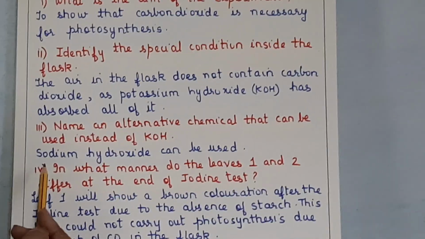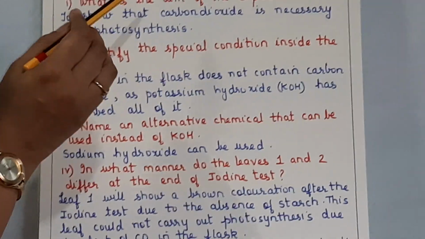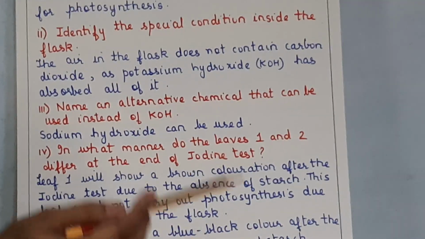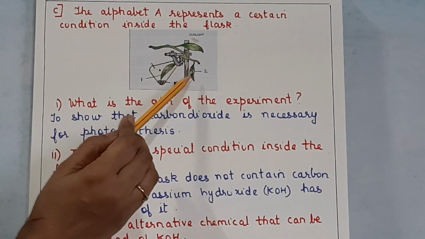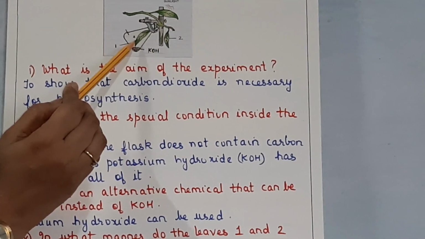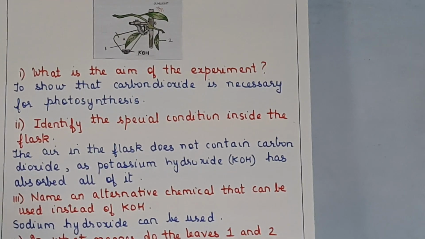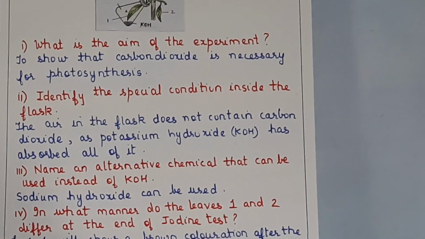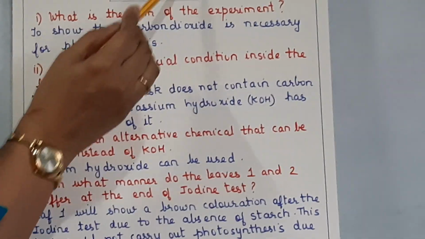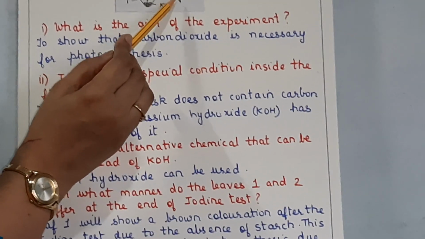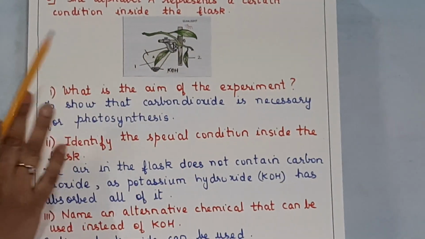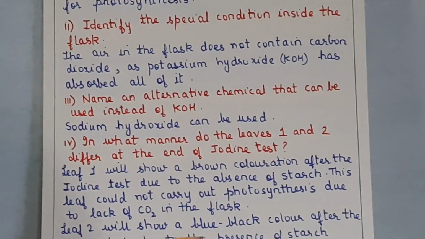Very good. Okay. Now in what manner, what will be the observation? You will carry out naturally again the iodine test on this leaf as well as this leaf, right? So what will be the difference in leaf 1 and leaf 2? Now leaf 1 is inside where it did not receive carbon dioxide. So naturally the entire leaf will be brown in color, and leaf 2 has got all the factors required for photosynthesis, so it will be blue black. Okay, is it clear? So again this is an important experiment.